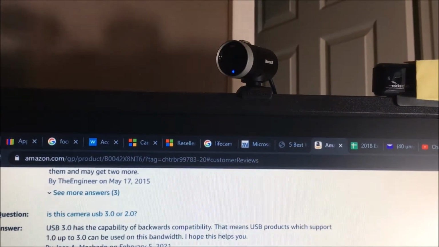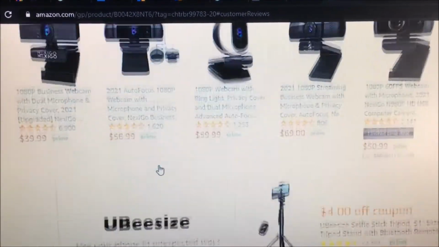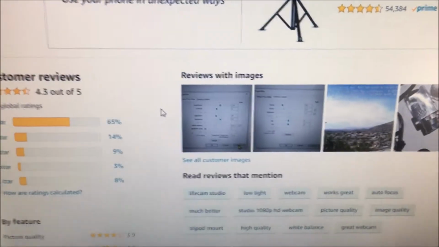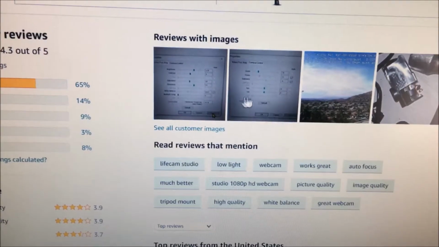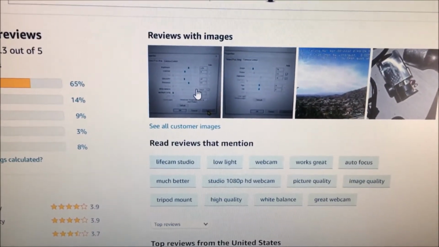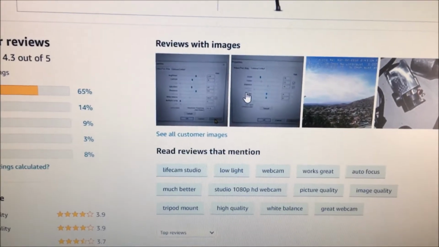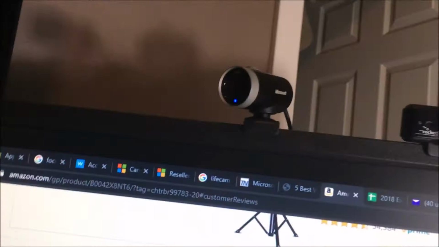This is my Microsoft LifeCam Cinema, and recently I've been having trouble adjusting the camera settings. So I was reading on Amazon that you can actually adjust the settings using Skype Settings. So I actually tried it and it worked for some things, so I'm just making this video in case someone wants to use it for their